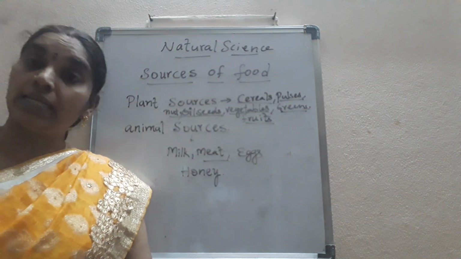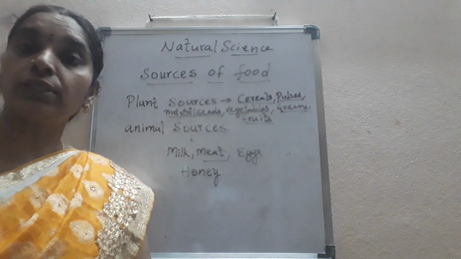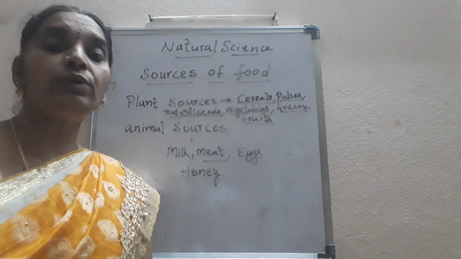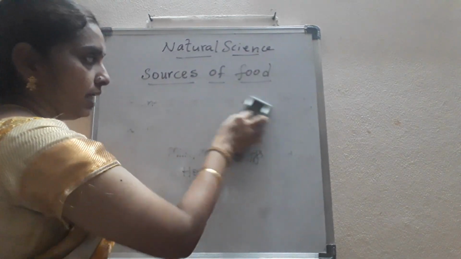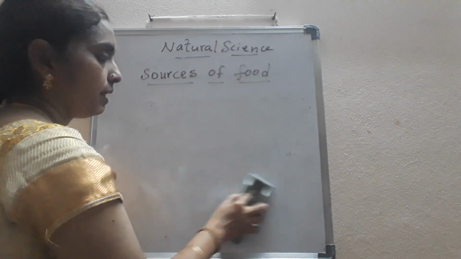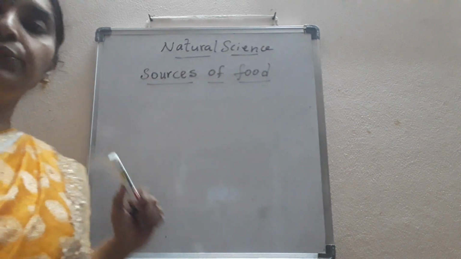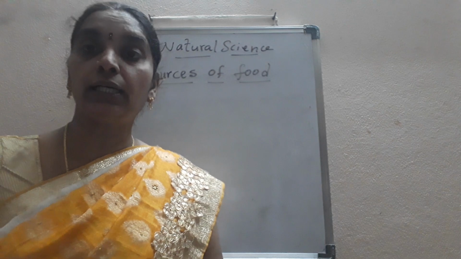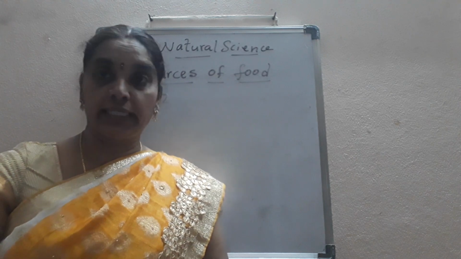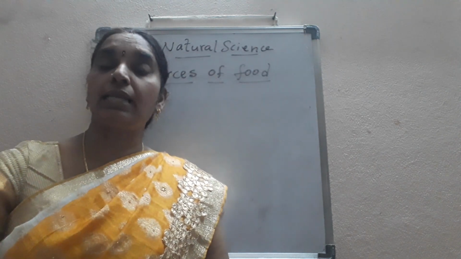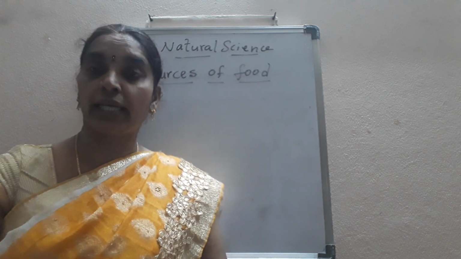Okay children, now we'll see in everyday diet what are the different items that you include. Some are regular and some are used occasionally, isn't it? So what are the regular diet items that you use as breakfast items? I told you earlier, like idli, dosa, vada, puri, chapati, pongal and all, along with the different types of chutneys you will be using. And occasional foods like pulihora, payasam, biryani and all these are used occasionally or on festive occasions.